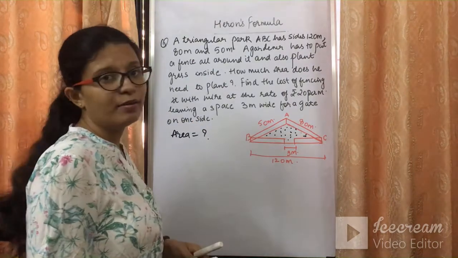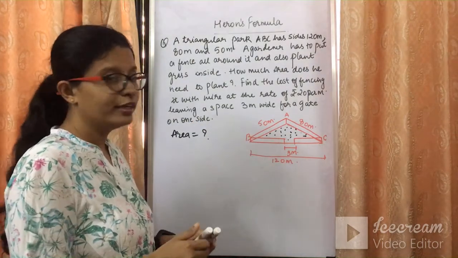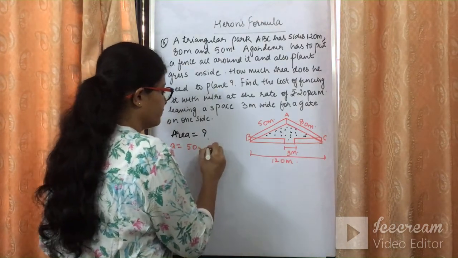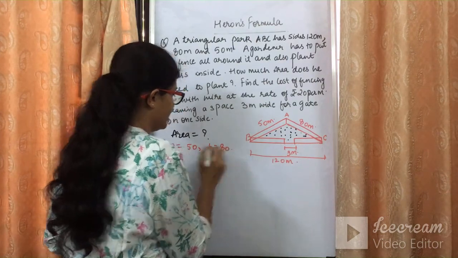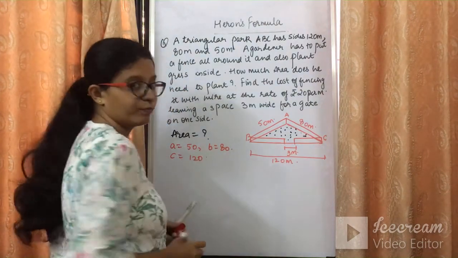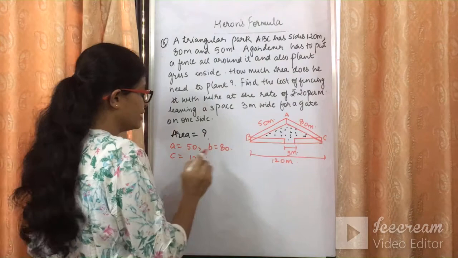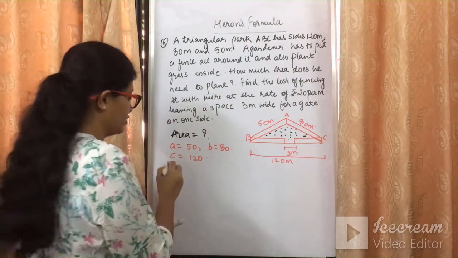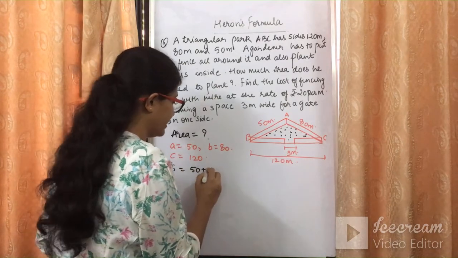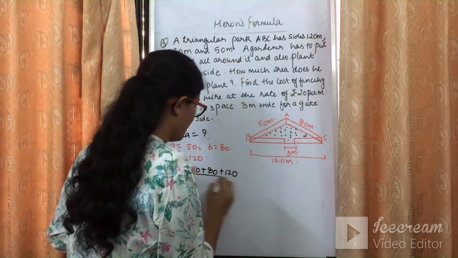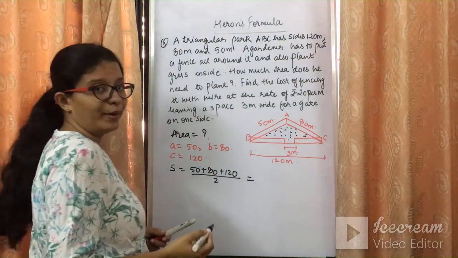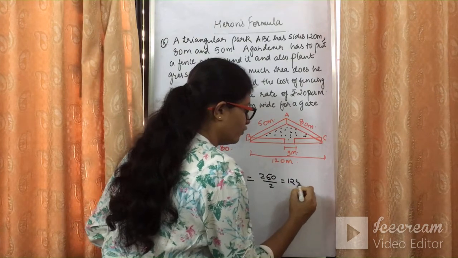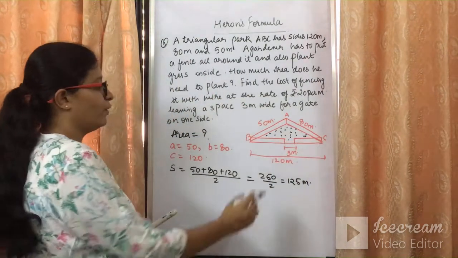तो पहला टारगेट है हमको एरिया फाइंड आउट करना. तीनों साइड्स दिए हैं, तो क्या मैं एरिया फाइंड आउट कर सकती हूँ? So A is given to me as suppose 50, B is given to me as 80 and C is given to me as 120. Fine. So what I have is all these things. What I don't have is S. So S is nothing but the semi perimeter. So S will be 50 plus 80 plus 120 upon 2. So 120 plus 80 will be 200, 250 upon 2. So it comes out to be 125 meter. So 125 meter is S.